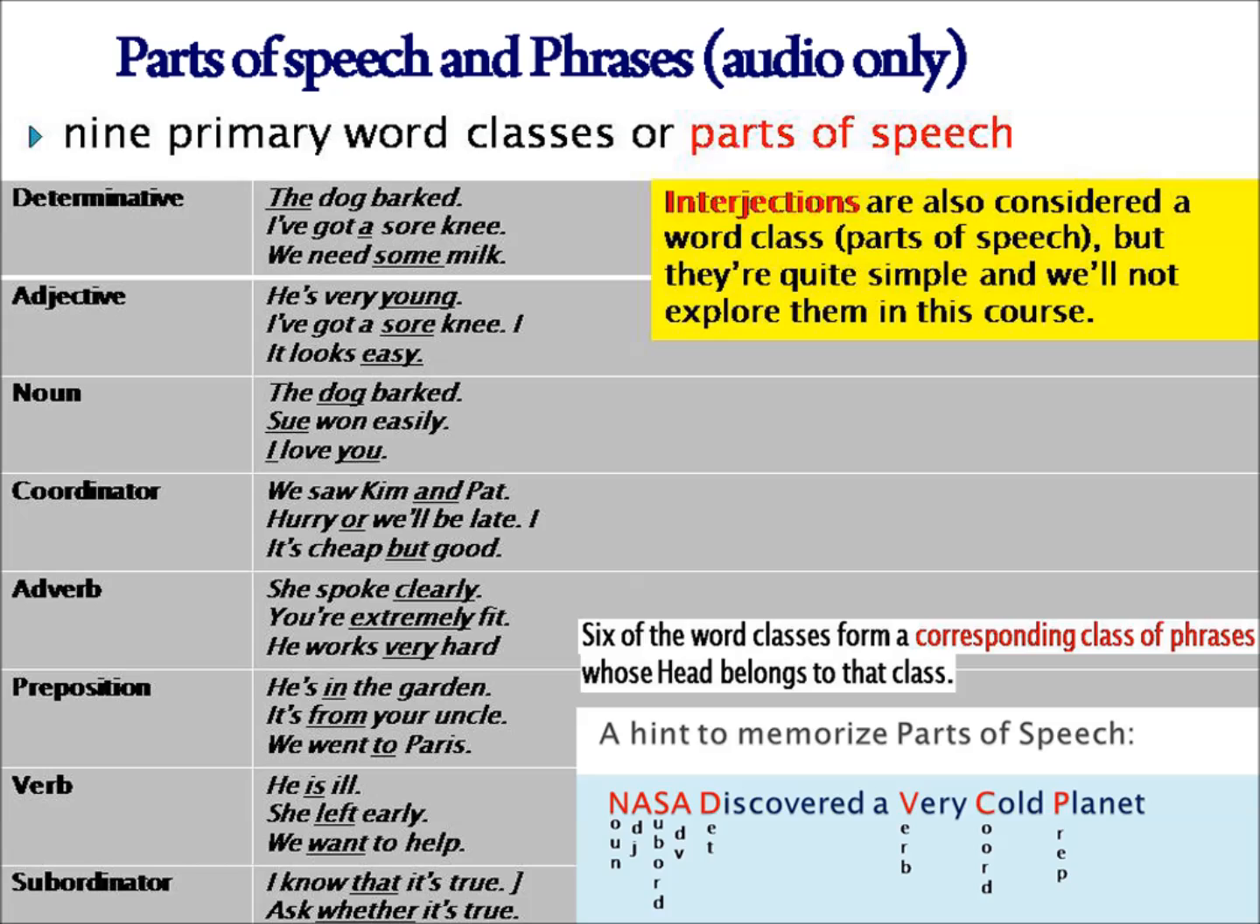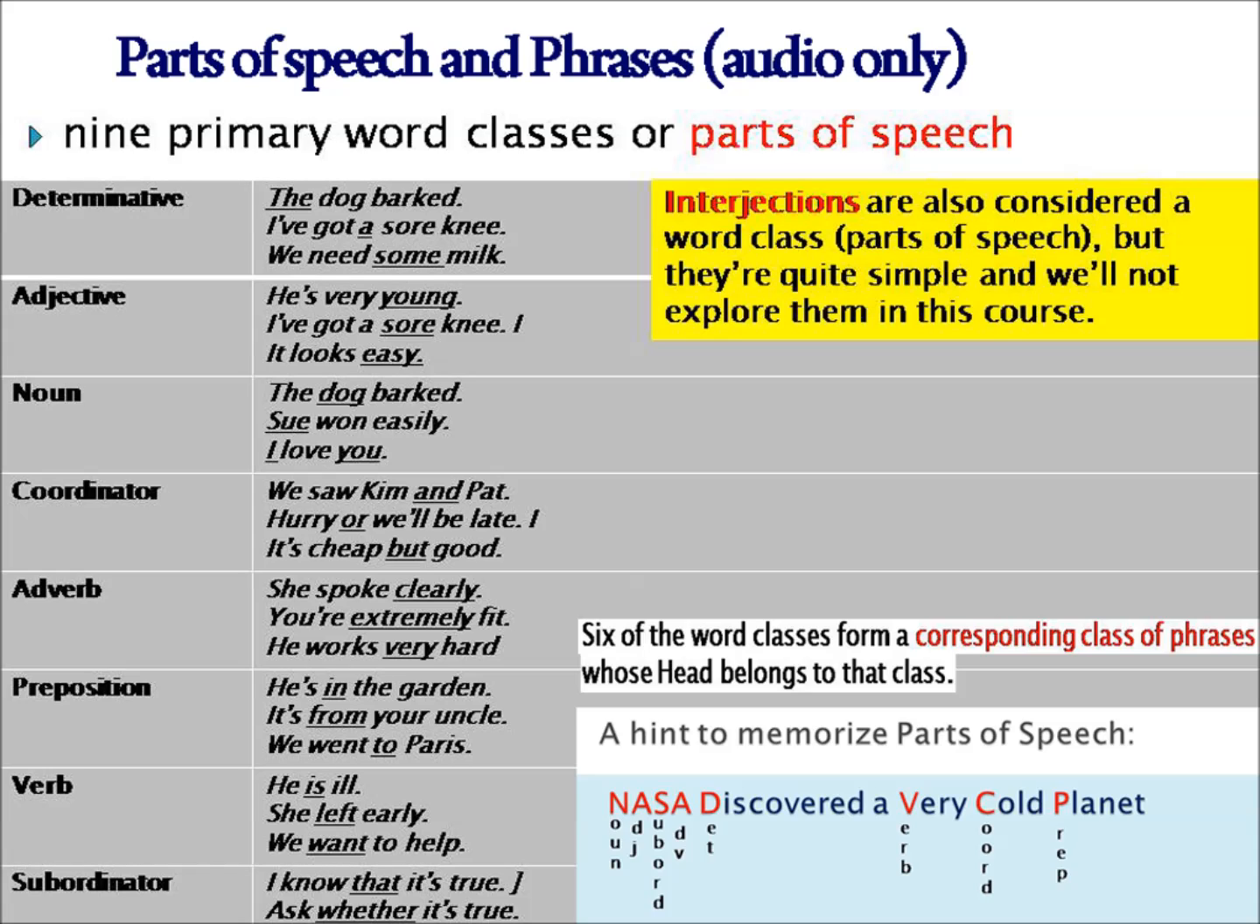now, adjective, subordinator, adverb, determiner, verbs, coordinators, and prepositions. Okay, these are the 8 parts of speech in English. Okay, now that you know about the parts of speech, we can talk about the speech. Okay, and how we construct